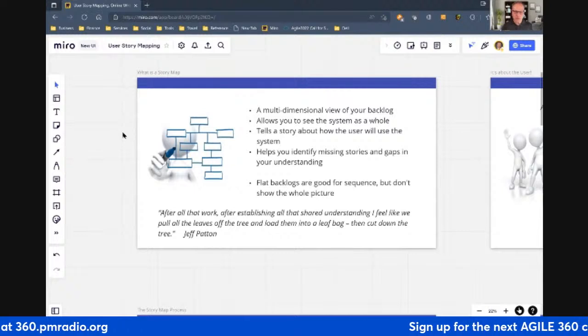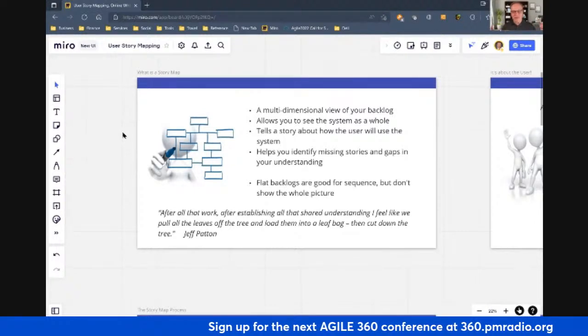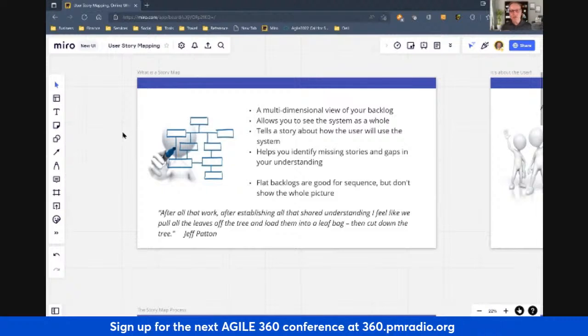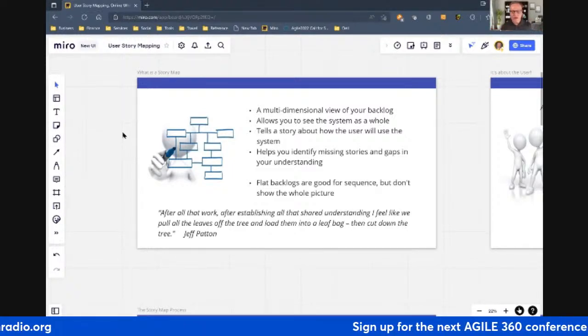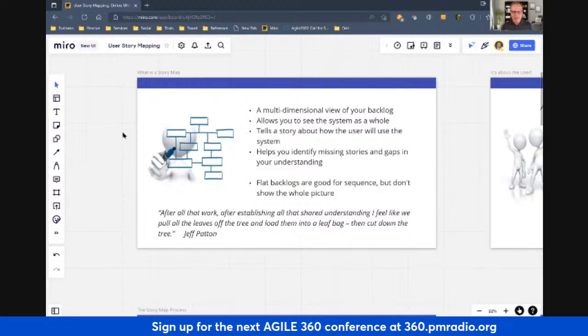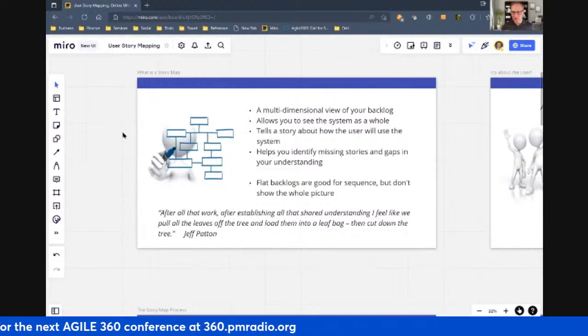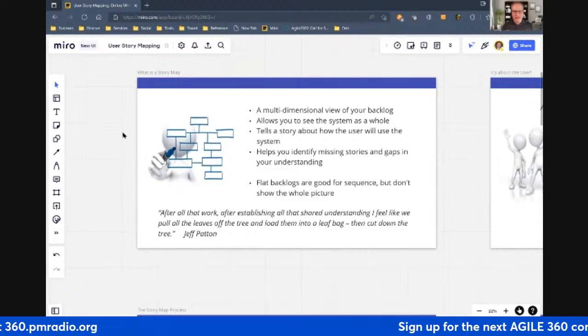Now, there's value in doing that, of course, but you think about all of the work that we do to visualize what it is we're trying to accomplish. We talk about the vision statements. We talk about outcomes and all these really good things to help us imagine what it is that we're doing and to empathize and feel what we're doing. And then we take all this stuff and shove it into this flat backlog. A user story map gives you multiple dimensions, so you can see it in a different perspective. And in this case, it's about the user. Again, going back to principle number 1 in the manifesto, our highest priority is to satisfy the user. So this tells the story of our backlog, right? Our